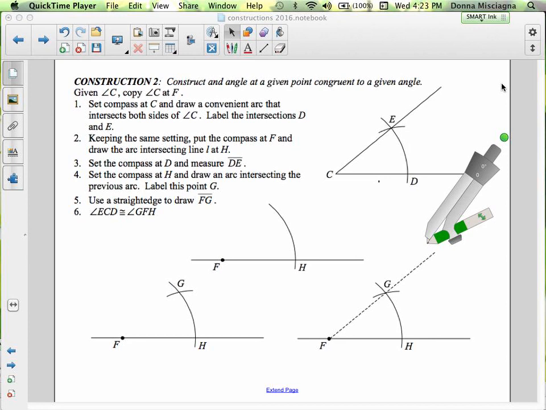The only problem with this one is everything is kind of half done for me already, and it's just showing you the progression of the steps. So I'm going to have to write over what's already done there. If you happen to have a line segment already drawn with a point on it, in this case we were already given a line segment that has point F on it, so we didn't have to draw that. In the next example I'll need to draw the line segment, and you will too. But if I already have that, then my next step